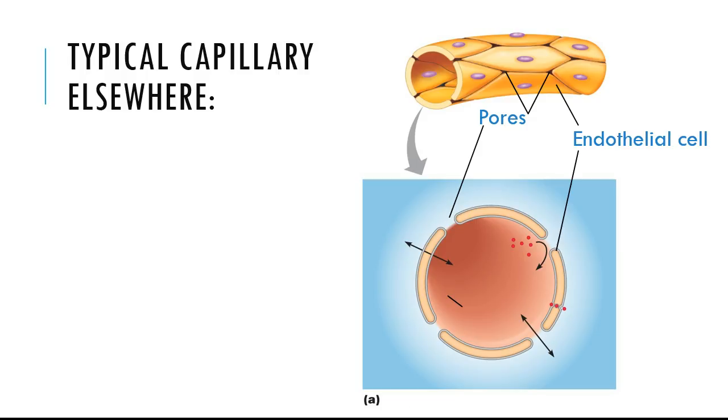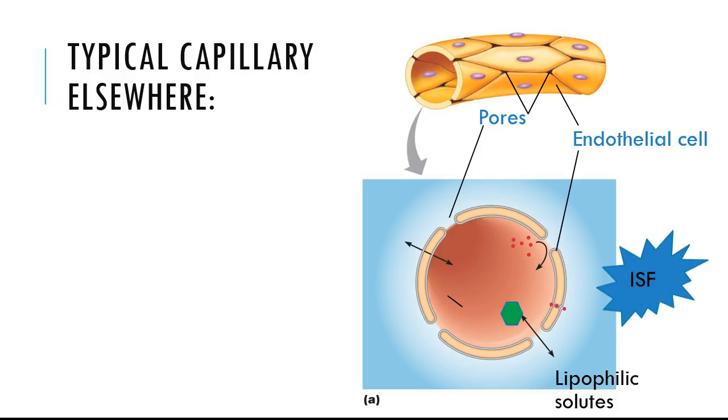And so we go through and use the same kind of animation as the previous capillary. Out in the rest of the body, you wouldn't call it cerebral spinal fluid, you would call it interstitial fluid, hence the abbreviation here. So the same mechanics we'll learn in chapter 14. Pressure pushes our water and other solutes from the blood plasma to form the interstitial fluid. Same concepts here. Lipophilic particles could simply diffuse across the capillary cells, or they could just simply diffuse through the little pores. And it's even easier for them to get in and out.